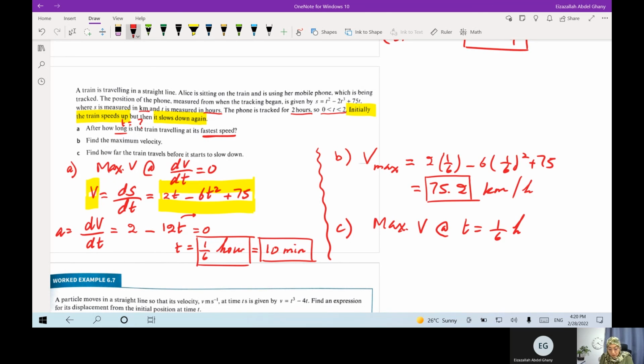And he needs to find how far. How far means s equals question mark, displacement. So displacement will be substituting into the displacement formula, which is bracket squared minus 2 brackets cubed plus 75 brackets, and substitute for all t by 1 over 6. Okay, now calculate it. It will be 1 over 36 minus 2 over 6 cubed plus 75 over 6, which gives us